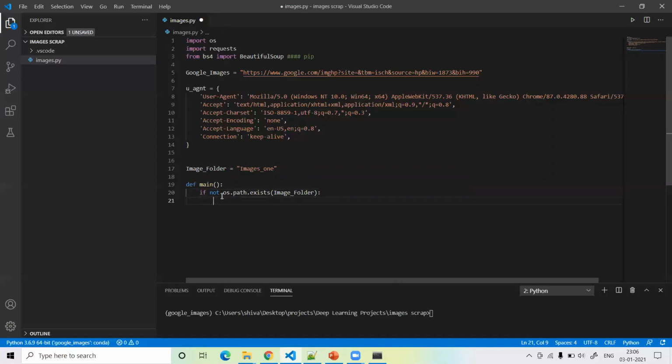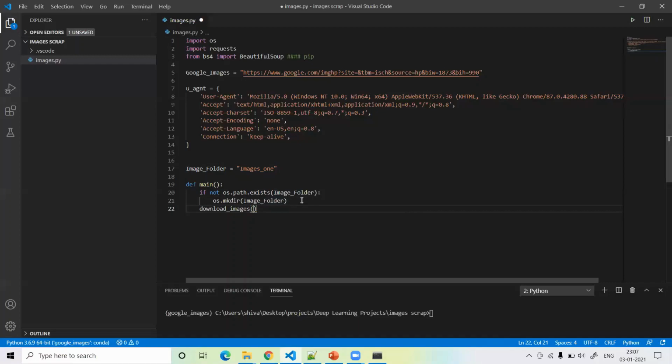If it does not exist, then create one folder with any name, like image folder. If this image folder does not exist, then create a new image folder, and then download our images, our dataset, guys.